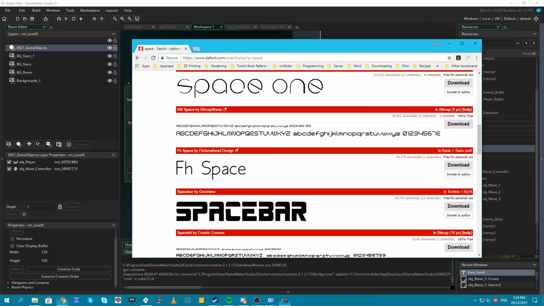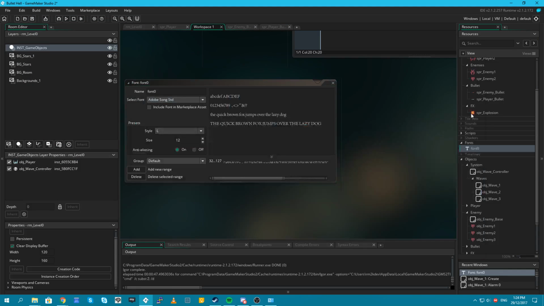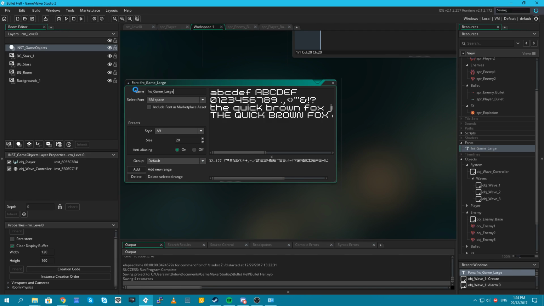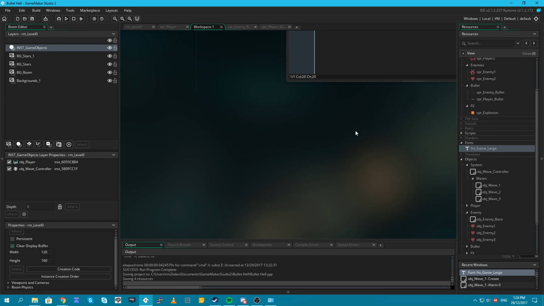Okay. So what I want to do is go in here and say BM space. There it is. We're going to make the font size 20 or so. That'll be fine. fnt_game_large. Alright, so we have a font now.